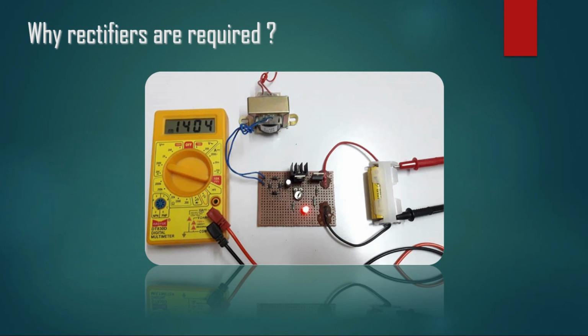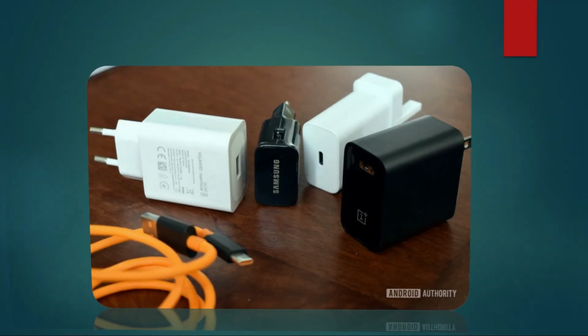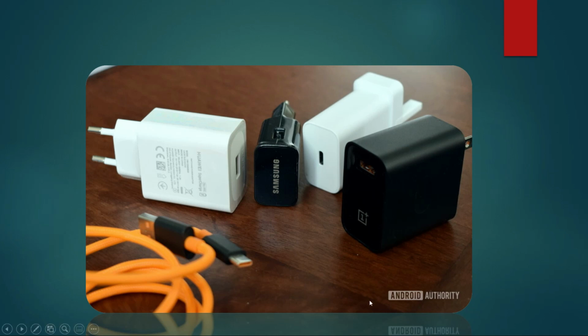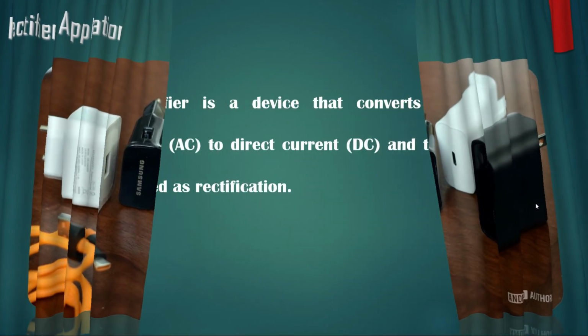A practical application of the rectifier is in gadgets where DC current is required, for example mobile battery chargers. If you have any old, damaged or unused charger at home, you can open it and explore it. You can check the diodes and other circuitry available inside the battery chargers. You can take it as homework, but don't break any working chargers, otherwise your parents will scold you. Use any old charger if it is damaged at home, open it and try to explore it, right? So these are all applications for rectifiers.